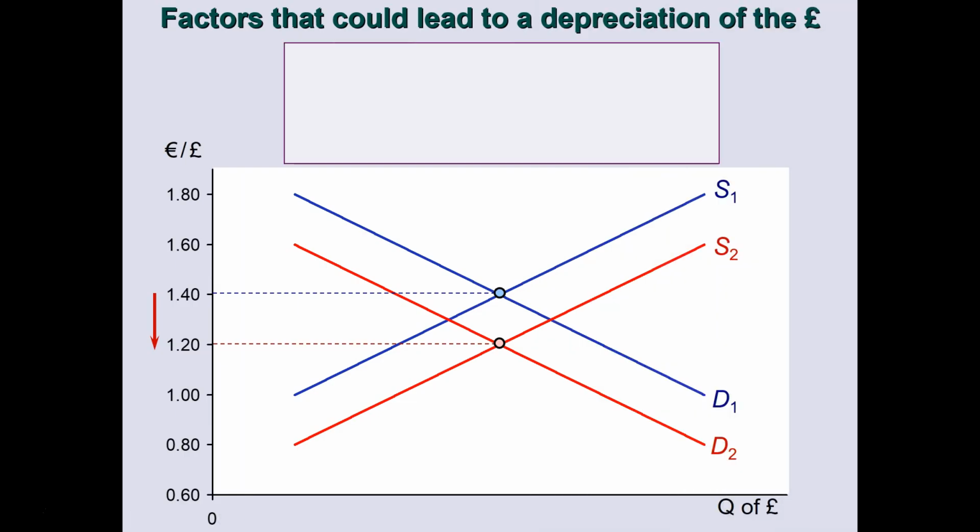And on this graph, we can have a list of factors which can lead to a depreciation of the pound. We have covered which factors can cause these fluctuations in exchange rates in the previous video lesson. So let's summarize what events can cause this particular shift in demand and supply curves. For example, when we experience high inflation in the UK compared to inflation abroad, when we have a rise in